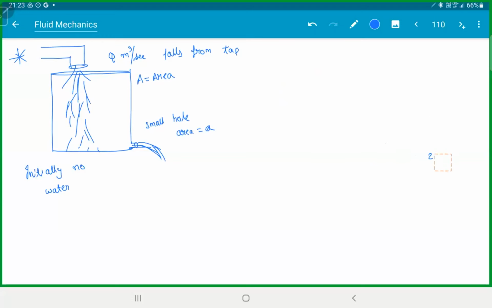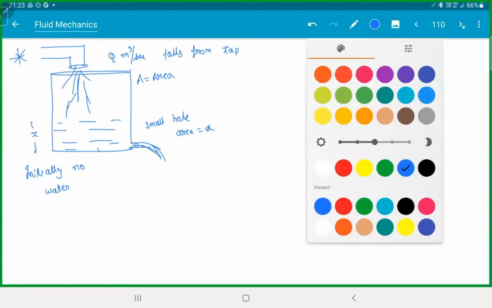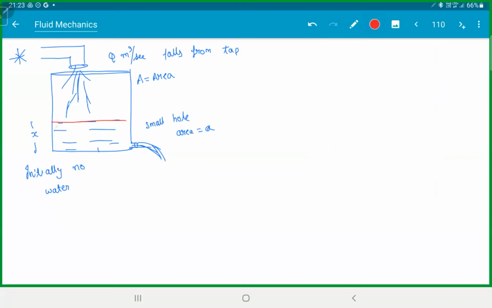But anyway, if I want to ask you to calculate this problem, this is how we do. Let the height be x. So like steady state, no? This is not steady state. It is increasing here, no? So here I'm trying to find a function of time. That is steady state, finally steady state. Okay. So here the rate of change of flow